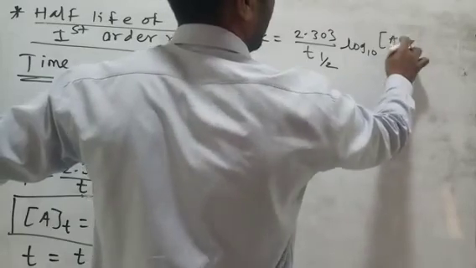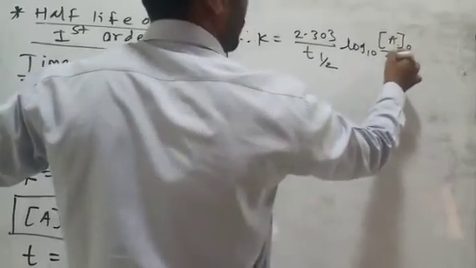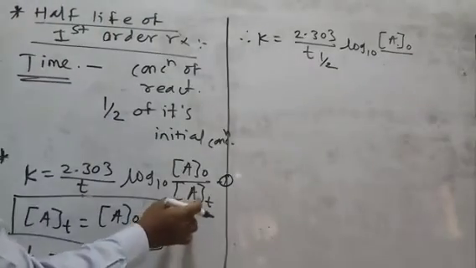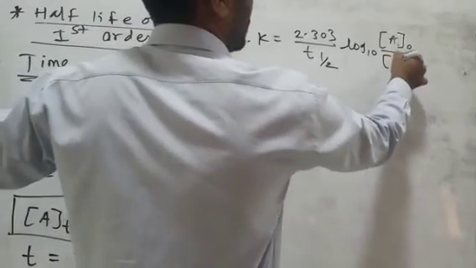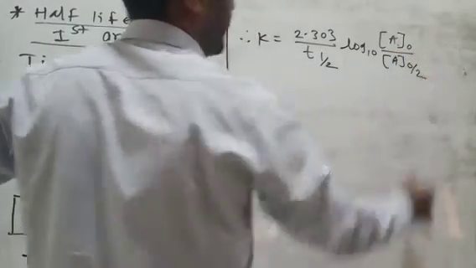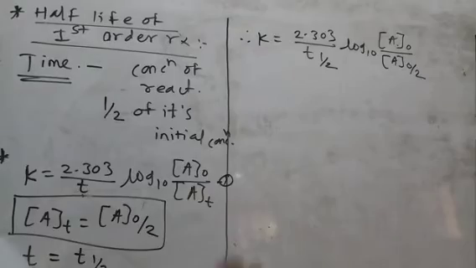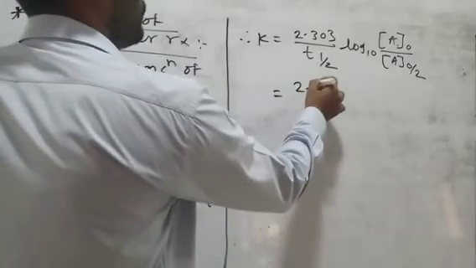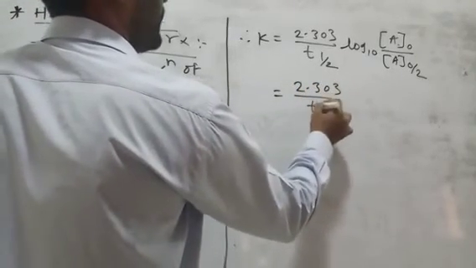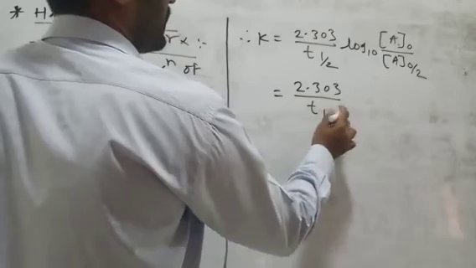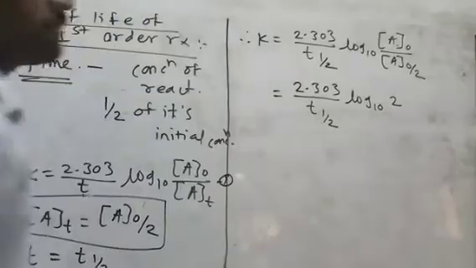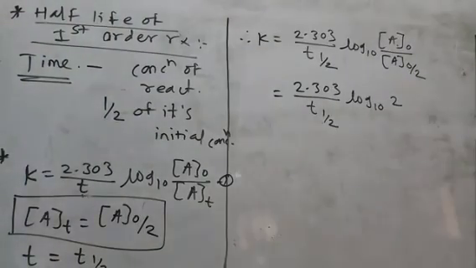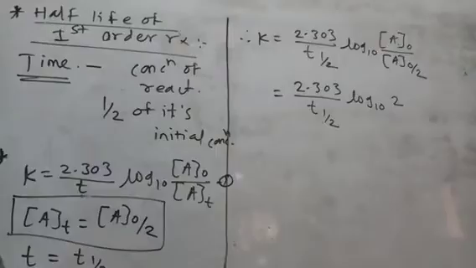log to the base 10 of the concentration A0 divided by, here it is At, but we have to put the value of At equal to A0 divided by 2, concentration of A0 divided by 2. By calculating that equation, it becomes 2.303 divided by t1/2 log to the base 10 of 2, since the remaining A0 value gets cancelled out. Then